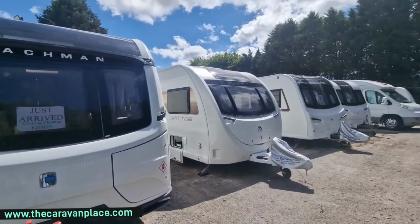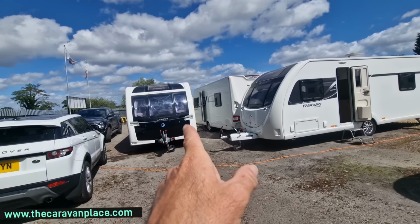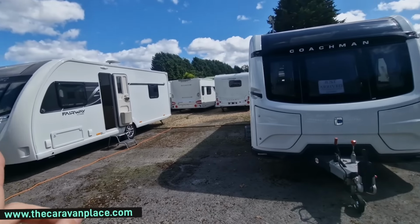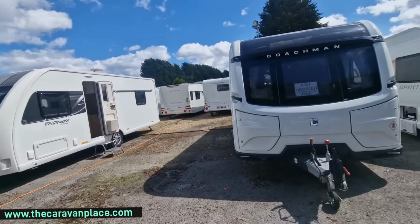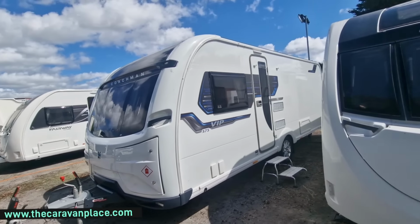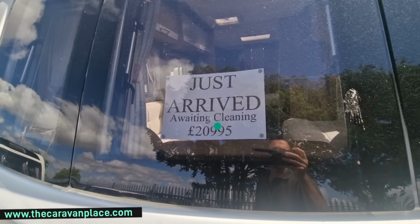So even though we've just stocked up, I think that's in just for a couple of little jobs. I think there's a blind and a couple of screws loose or something that we need to look at in that, so that's just a warranty one, so that's not coming in for sale. But even though we've just sort of stocked up, we've actually got a few empty spaces. So again, still trying to sort of keep up. As I say, it's picked up and gone busier. So nice Coachman VIP 575